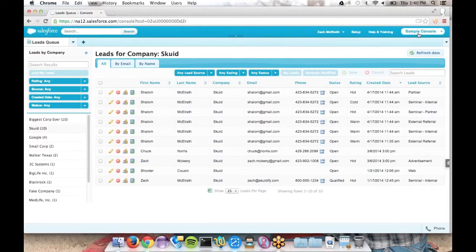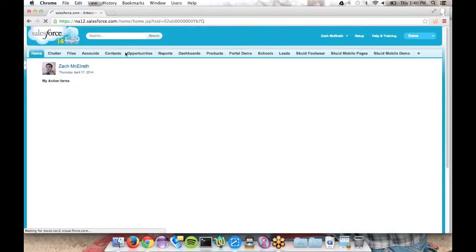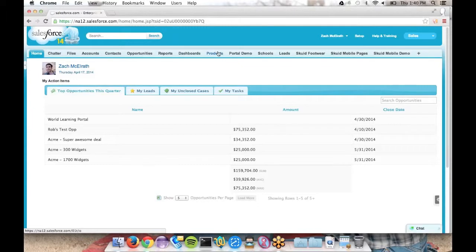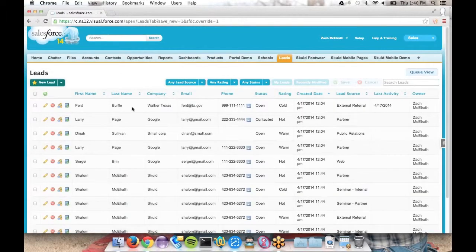This also works in the regular app. So if we go over here, we're going to pop open our leads page. In the regular view, this only works if you have the sidebar enabled. That's one wrinkle there. So here we have the sidebar turned off.